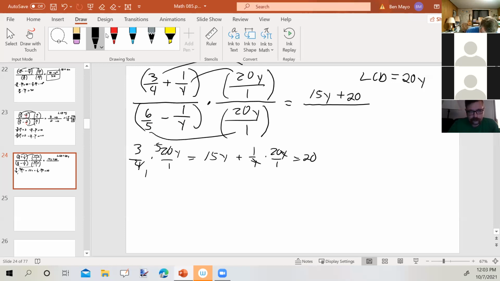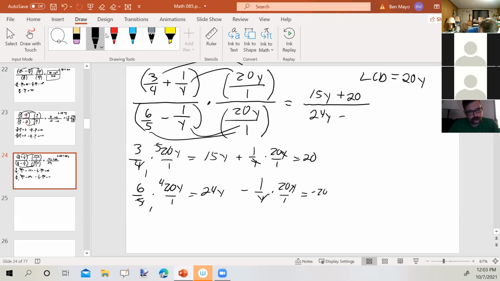In the denominator, 6/5 times 20y over 1. 20 over 5 is 4 over 1, so I get 24y minus 1 over y times 20y over 1. The y's cancel and I get minus 20. Okay. Now,